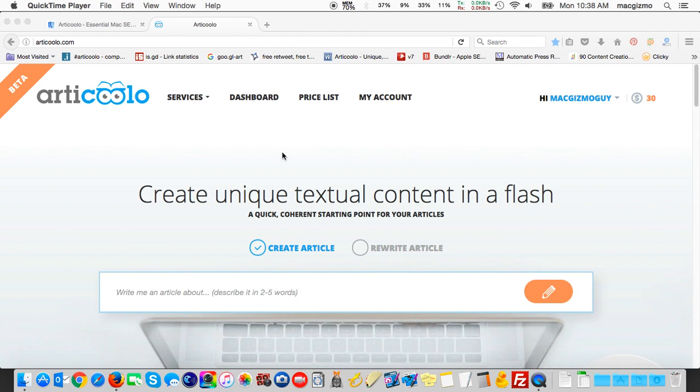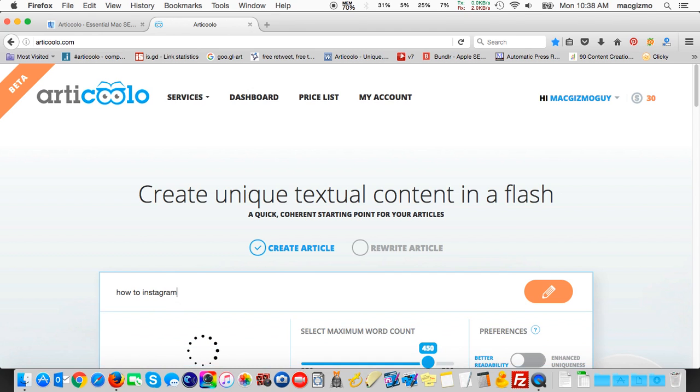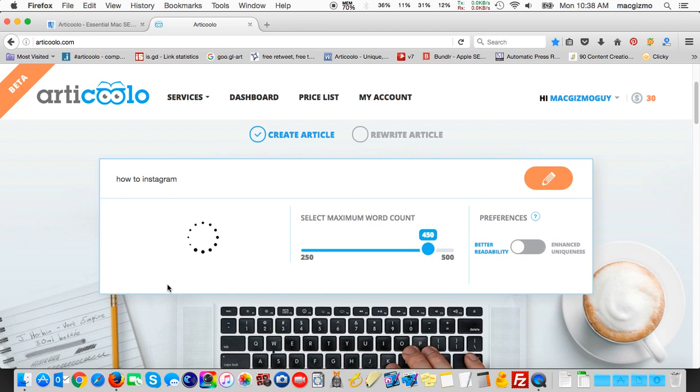All right, here I am at the Articulo website, and you'll see across the top we have a main menu bar with different services. We have a window here that's prompting us to generate a new article. In this case, I'll type how to Instagram, and it's searching for articles that it may have access to on that topic and content, and we'll eventually come up with a list of alternatives or suggestions. So we have how to Instagram, but also Twitter how to or how to Twitter. I want to create one for Instagram.